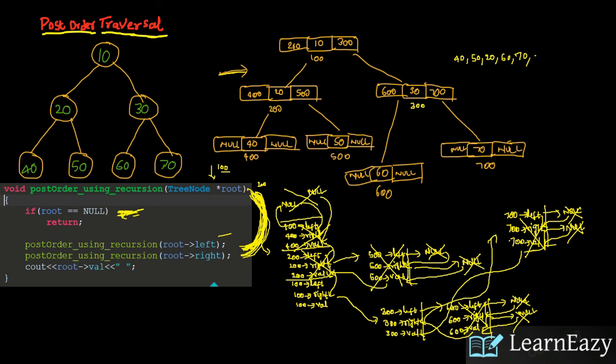300 value nothing but 30. And these 3 calls are done. The stack record will get deleted and it returns back to 100 value. 100 value nothing but 10. So these calls are also done and the stack record will also get deleted, the stack will be empty and the function will be over. Function will come out from this scope. And here it is, post-order traversal of binary tree.